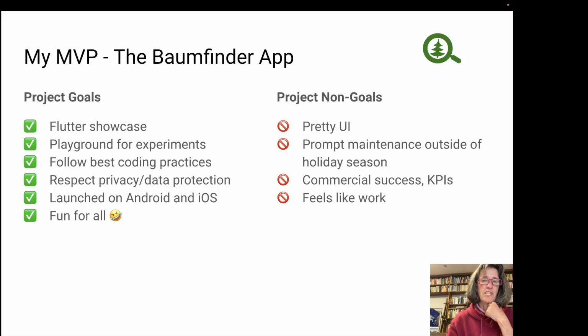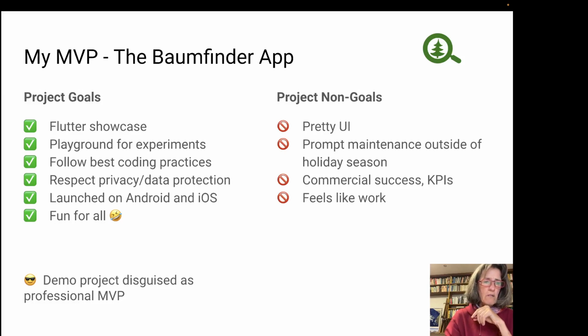But it is a side project for me. What is also really important for me is I did not care whether this would be a commercial success. I didn't look at any kind of download rates or ratings in the Play Store. All of that didn't matter. What mattered to me was feedback from my users only. And it should never feel like work. That was, I think, the most important to me.